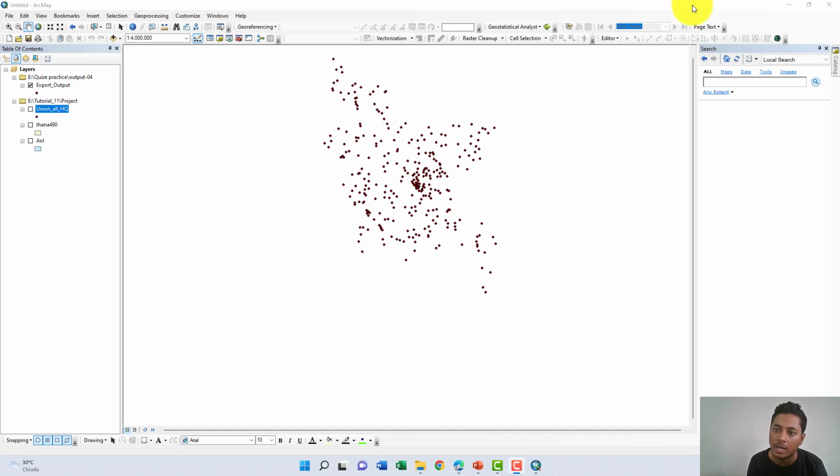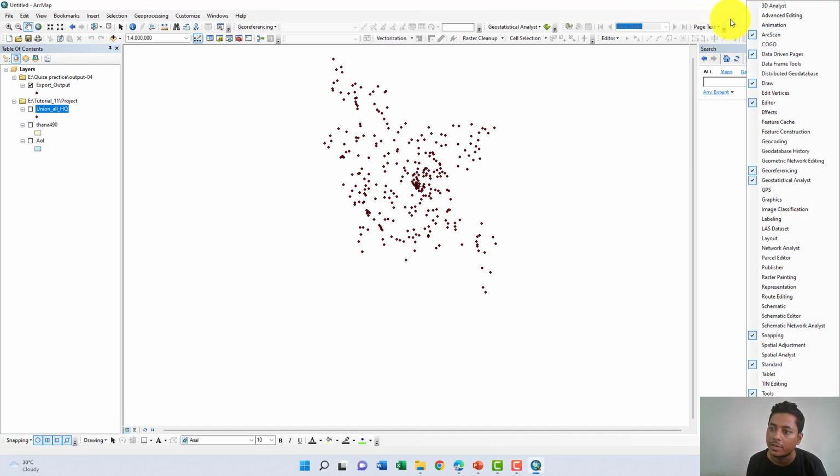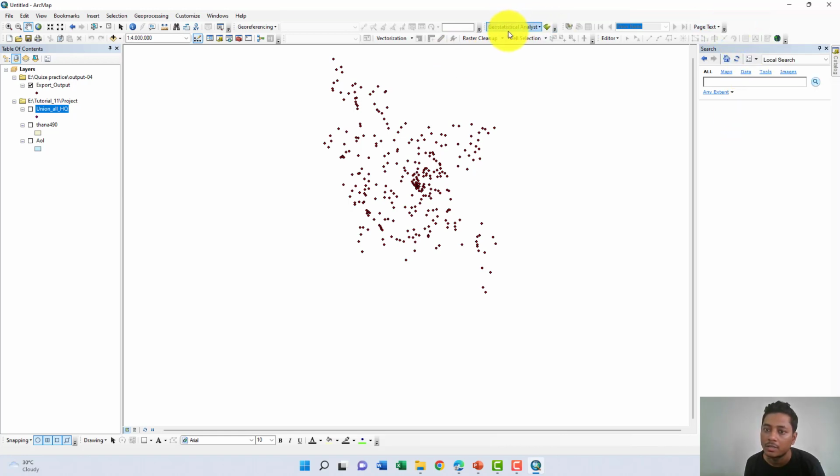For that, we'll need a tool that we'll find here. If you right click on here, and then here is our tool. The name of the tool is geostatistical analysis. I have brought this tool previously here, geostatistical analysis. If you go to the drop down menu from here, we will find an option that is subset features. Here is our subset features. If you click on it,